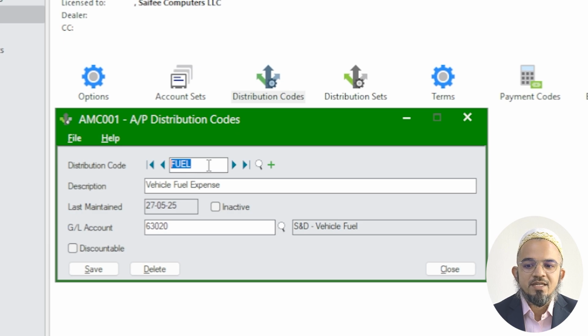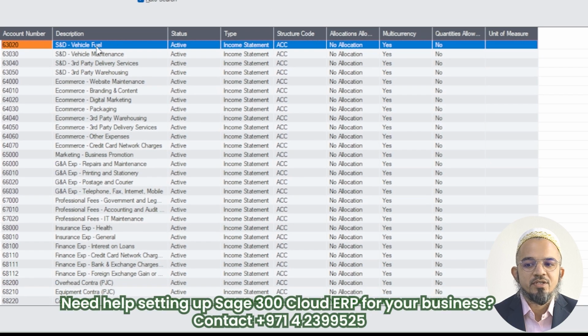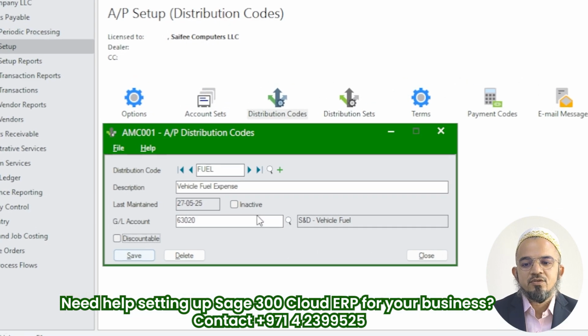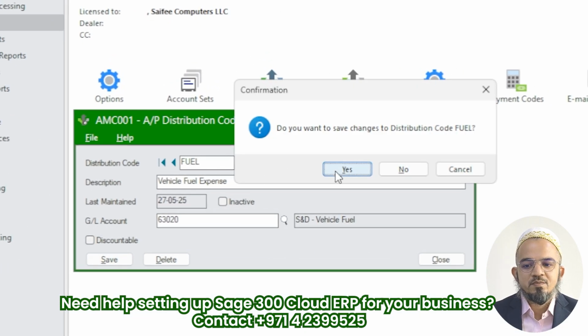Here, when you select it, you can create a distribution code. For example, in this case, I've used fuel, where I'm recording vehicle fuel expenses and I've linked it to a general ledger account. So you can go find your general ledger account from here in this list. So let's create another one. I'll click on this plus sign